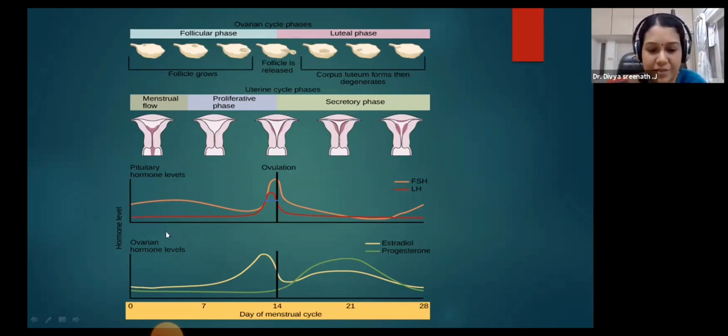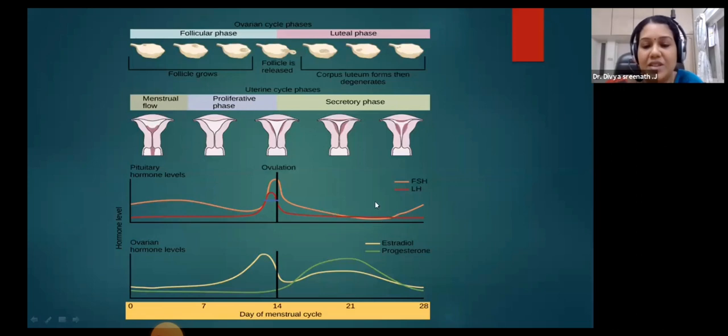So you can see that FSH hormone will be higher during the proliferative phase, and after this there will be a minimal increase. You can see an increase here in FSH, because FSH also supports ovulation. It also supports the theca cells to contract, the microfibril contraction. Then this is the LH surge. The LH surge means the peak of LH. After this LH surge, within 10 to 12 hours, ovulation will occur. Then it returns back to normal.